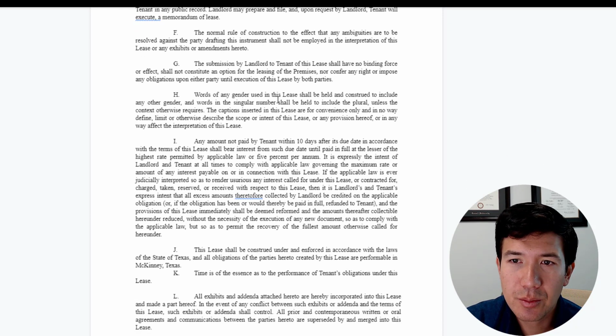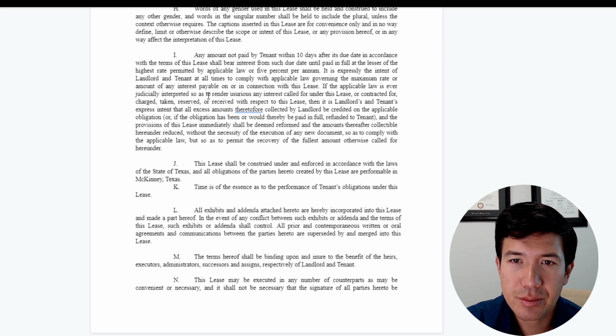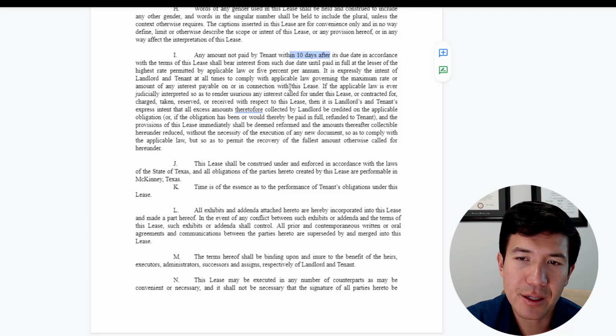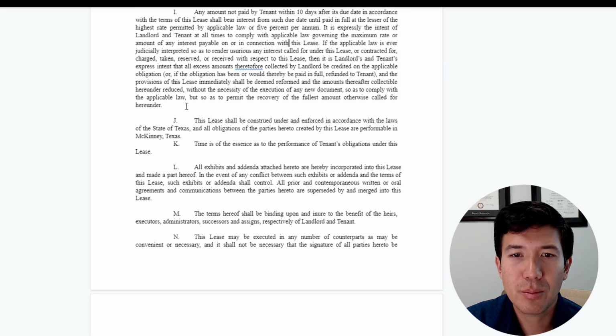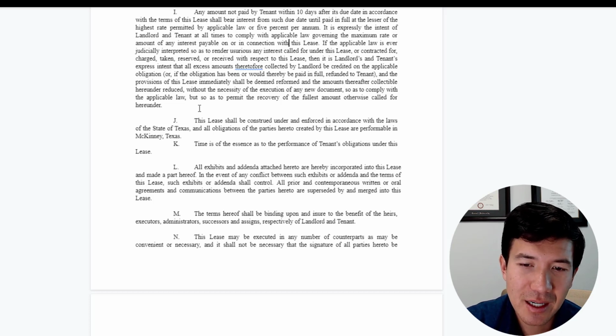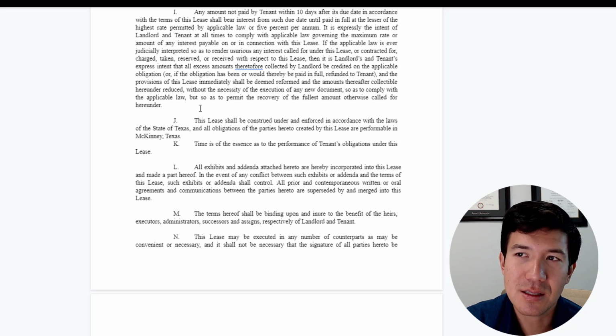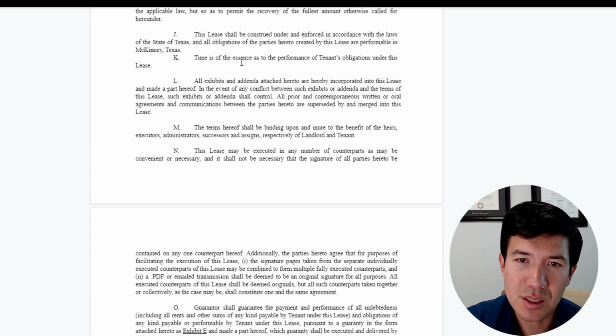Submission by the landlords, no binding effect. Default, that's pretty standard. Within 10 days. So this is kind of a 10-day grace period. It's more generous than some of the leases that are at 5, maybe 3, but 10 days is nice. I think they're reasonable. It's more about the duty on the landlord, right? So if they don't get paid after 3 days, they kind of have to turn around and jump on sending a notice to the tenant. But if you give it 10 days, most tenants are going to pay, and only by the 15th is the landlord really going to start to get stressed and start to respond.